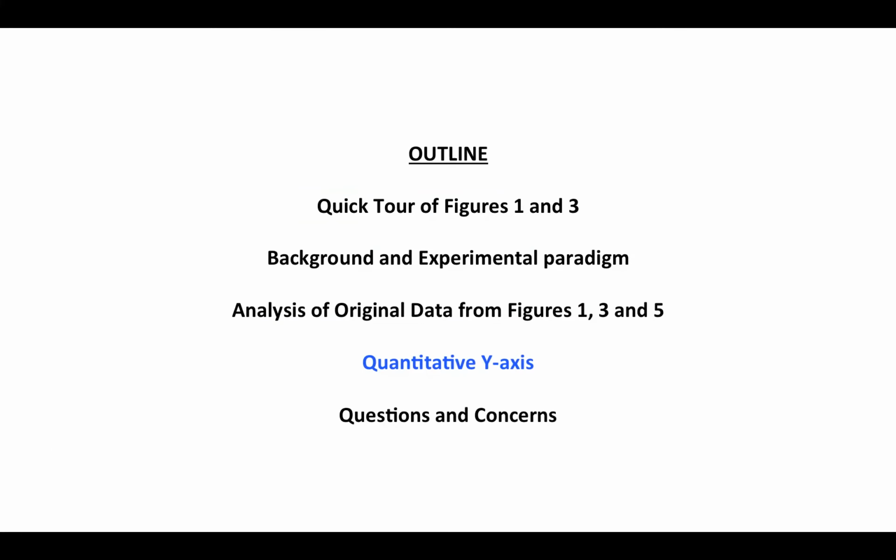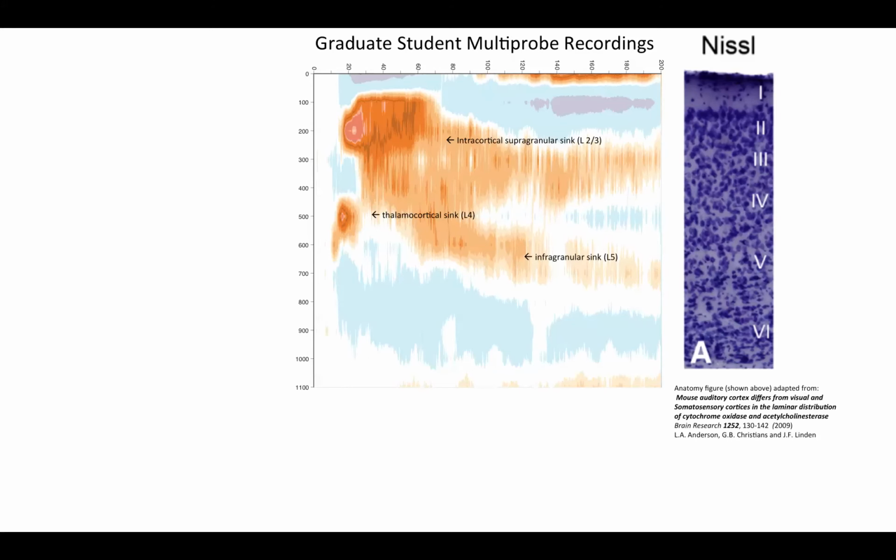So now I'm going to talk a little bit about what happened to me in my lab as I tried to convince my lab to adopt a quantitative approach to analyzing and representing the data. So here is a figure of some of my own multiprobe recordings in the lab and how I wanted to interpret and present the data. I wanted to take a very quantitative approach to analyzing the data and just have a CSD color plot that had the actual cortical depths on the y-axis. And I wanted to make direct comparison of this plot with the anatomy, just put it side by side with the anatomy.